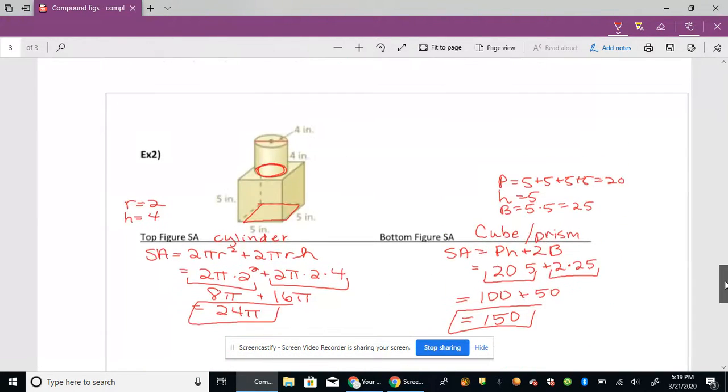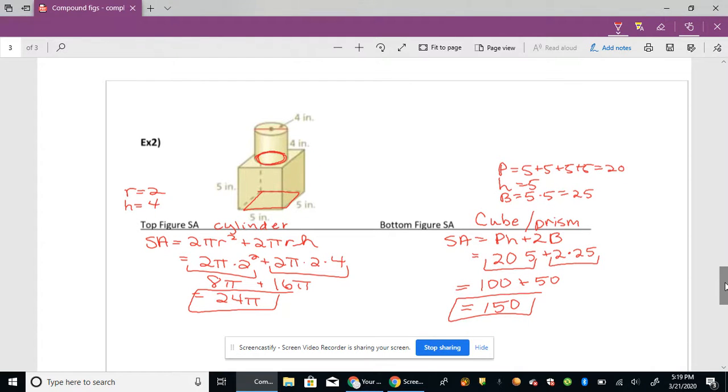All right, so next one. Now, we have a cylinder and a cube, which is a prism, on the bottom. Now, where does it overlap? It overlaps right here, that circle. There's the circle on the bottom of the cylinder, and that circle needs to be subtracted away from the top of that cube. So we're going to